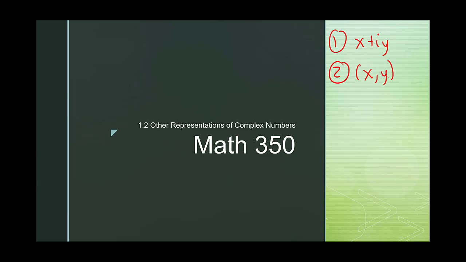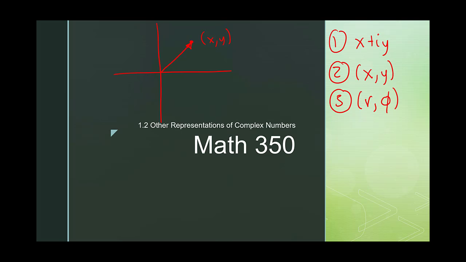Now this may be the algebraist in me, but whenever you have a point, you can also think about it as a vector. So if we have the point x comma y here, all I have to do is connect the origin to that point and boom, we got a vector. Like we had back in Calc 3 with two-dimensional vectors, instead of rectangular coordinates like it is now, we can think about this point as a polar point. So that's going to allow us to arrive at what we call the polar version of our complex number,